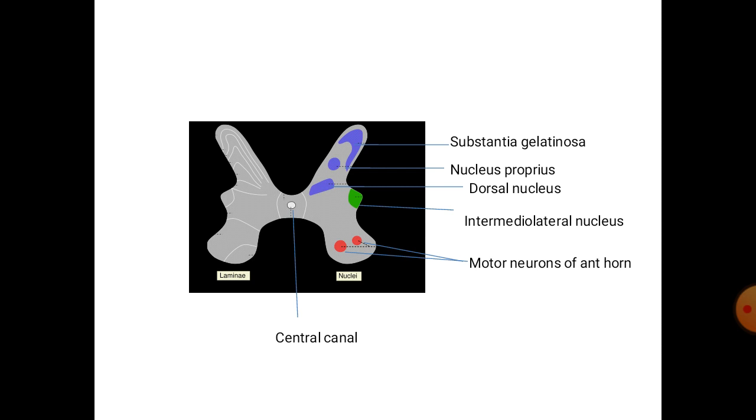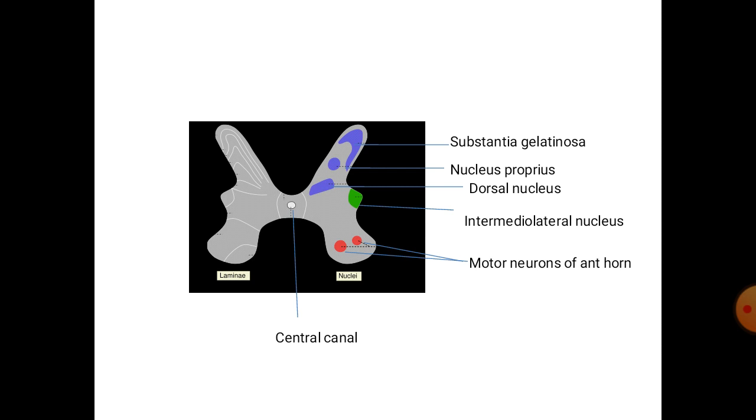So these are the sensory areas from which the second order neuron arises. The first order neuron is present in the posterior horn cells, which carries impulses from the periphery through the dendrons, and the posterior horn cell axons communicate with these sensory areas. And the second order neuron arises from here and goes to the thalamus and then to the cerebral cortex sensory area. Some of the signals from here will go directly to the cerebellum for the unconscious kinesthetic sense. So these blue areas are sensory areas.